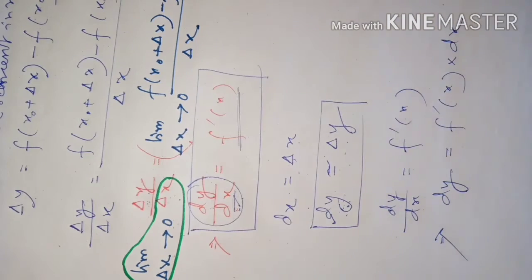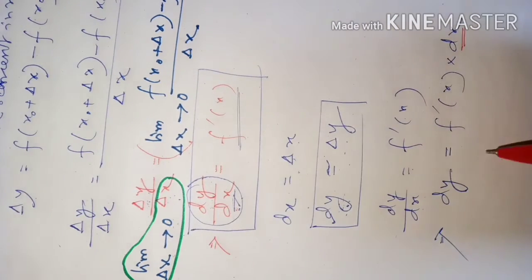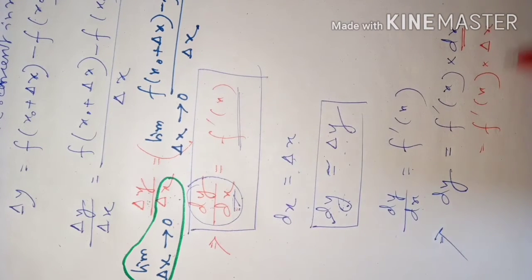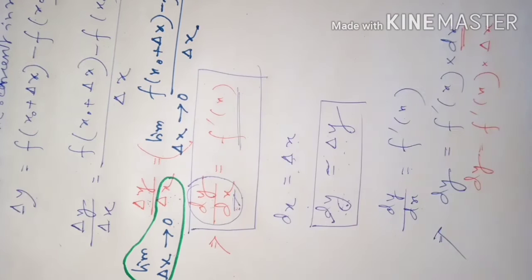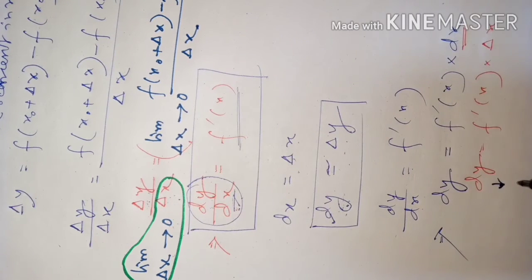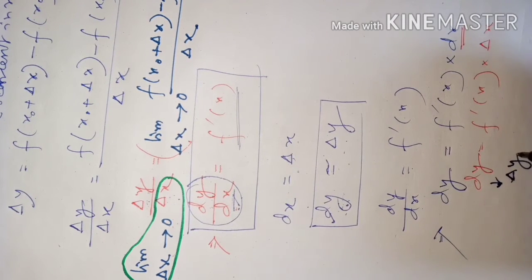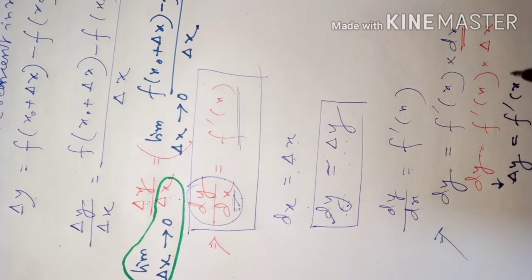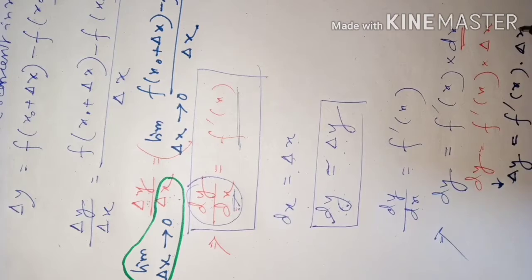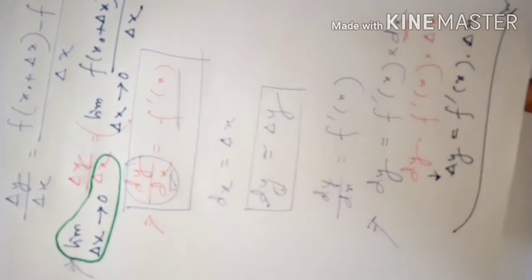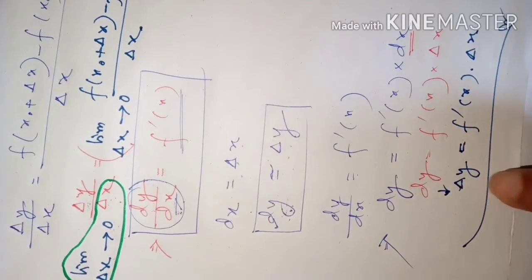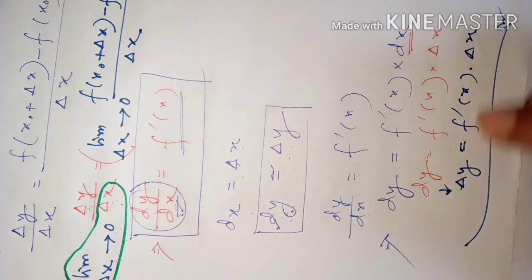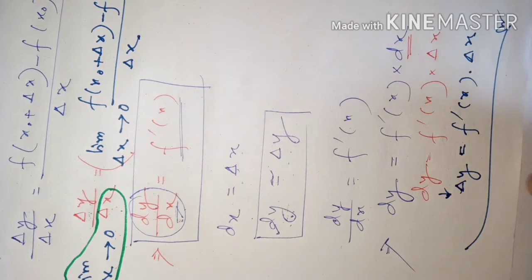dx is exactly equal to delta x. It can also be termed as delta x. So it is f dash x into delta x. So this is dy, and this dy only we can say is approximately delta y, but the approximate value is equal to f dash x into delta x. So whenever we need the approximate increment in y, we can follow this formula. Okay, dear students, it will be very clear with one example. Just you see.